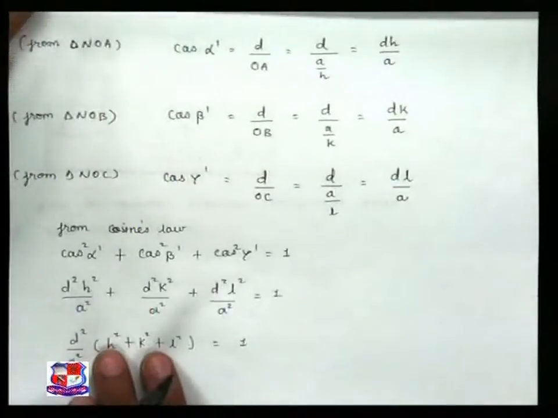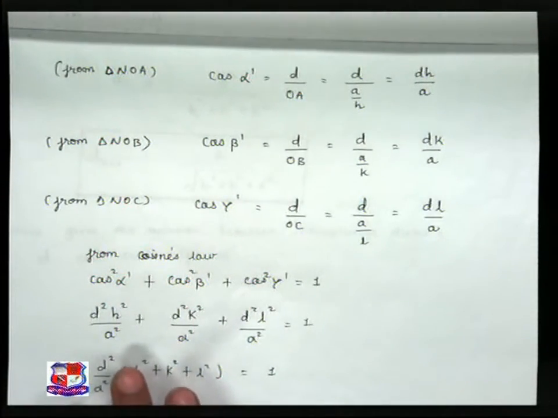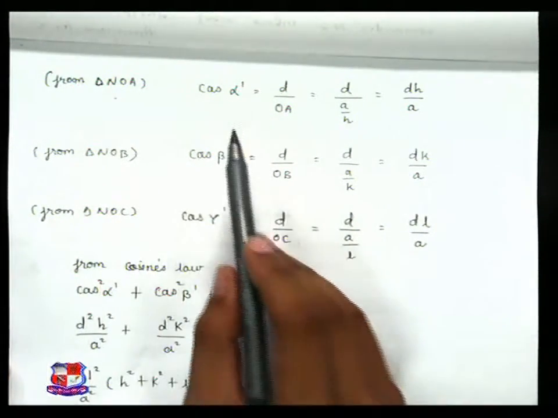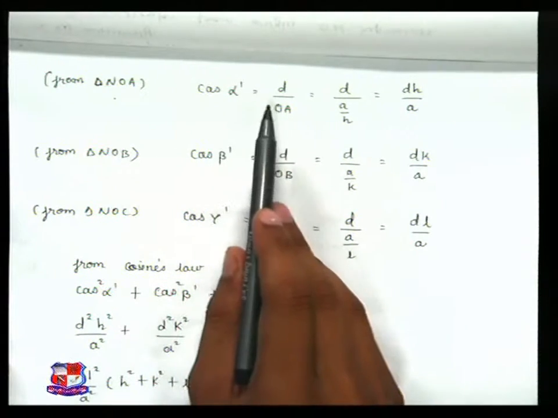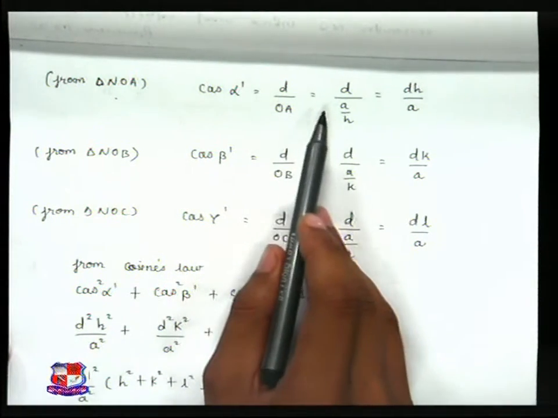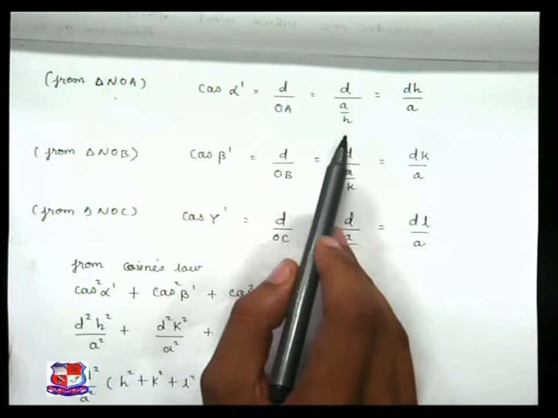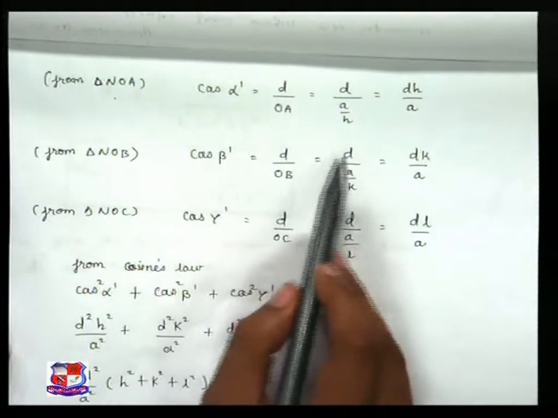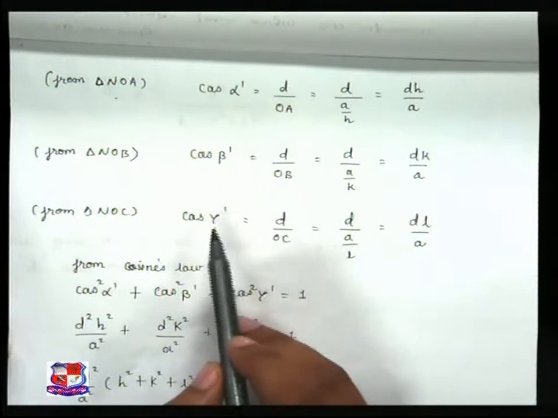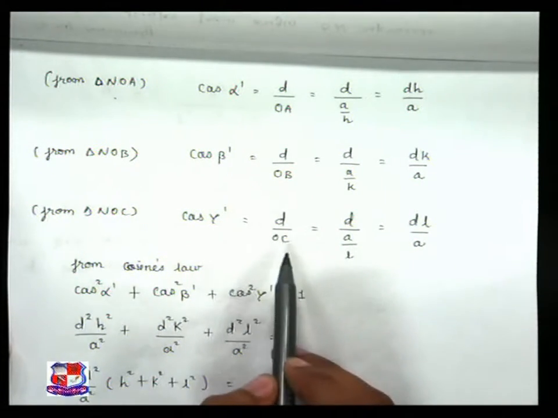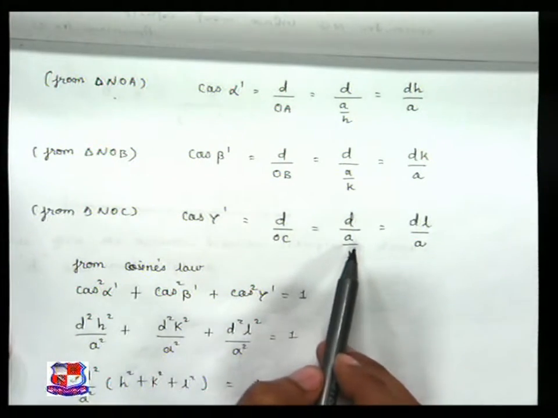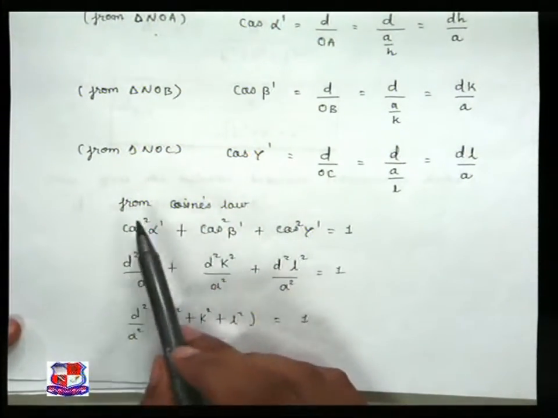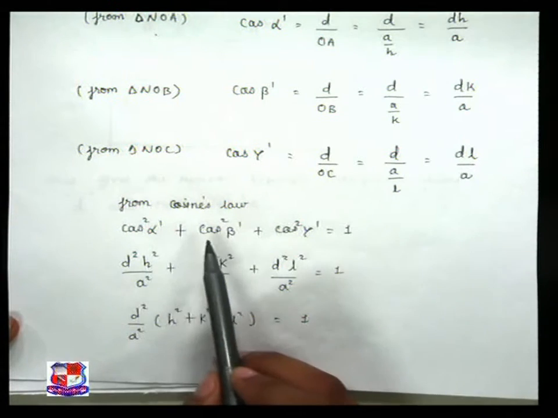So considering the triangle NOA, cos alpha dash is equal to D upon OA, and OA is equal to A upon H. In the same manner, cos beta dash is equal to D upon OB, which is equal to D upon A upon K. And in the same manner, cos gamma dash is equal to D upon OC, which is equal to D upon A upon L. So by substituting all these values in the cosine law,